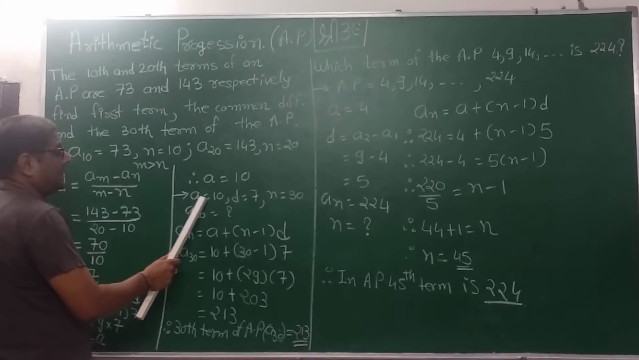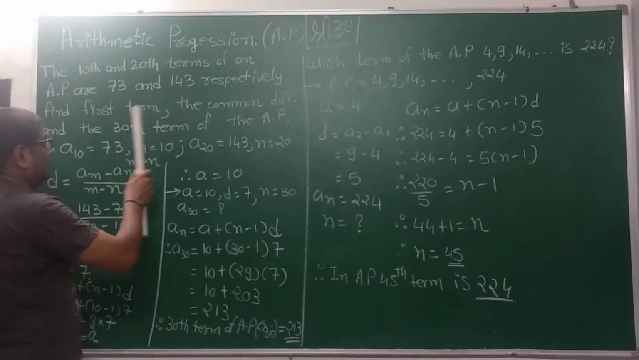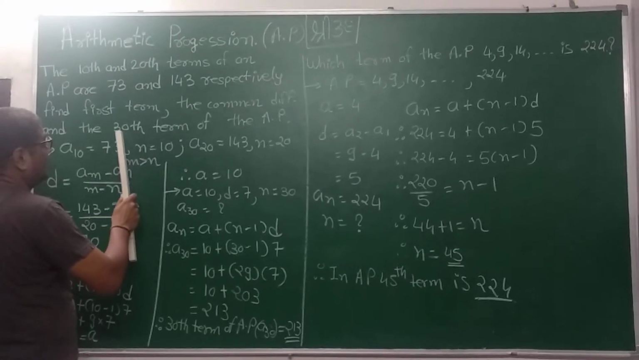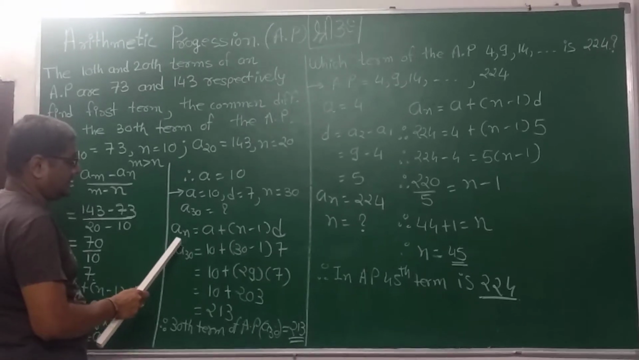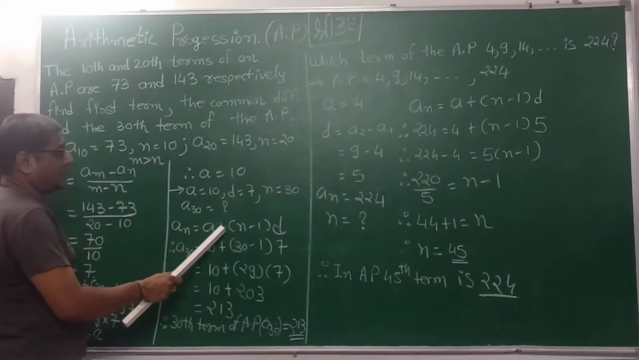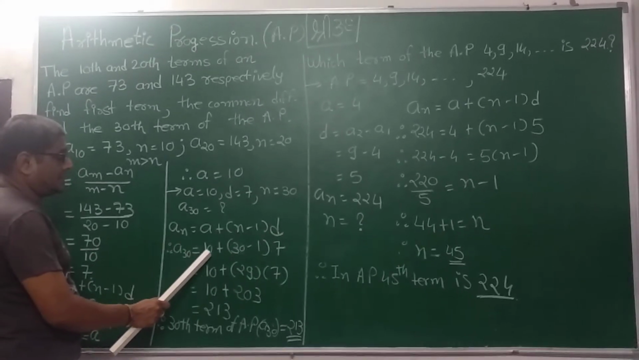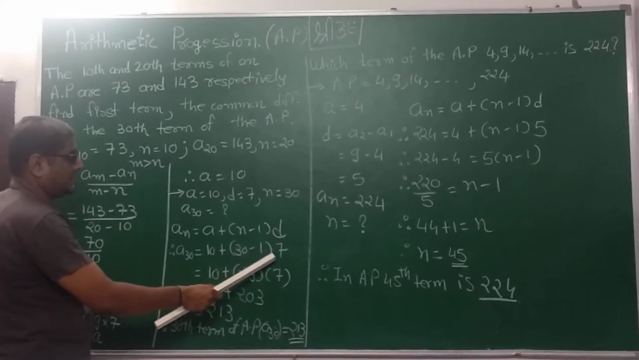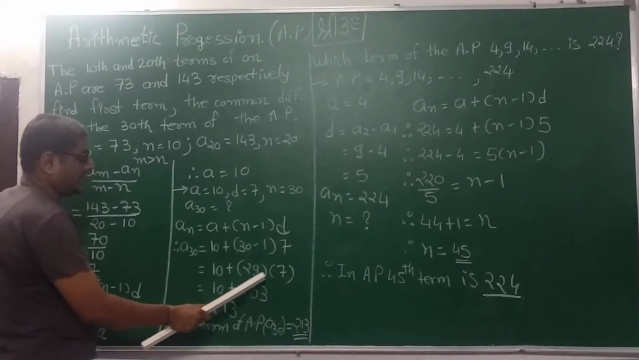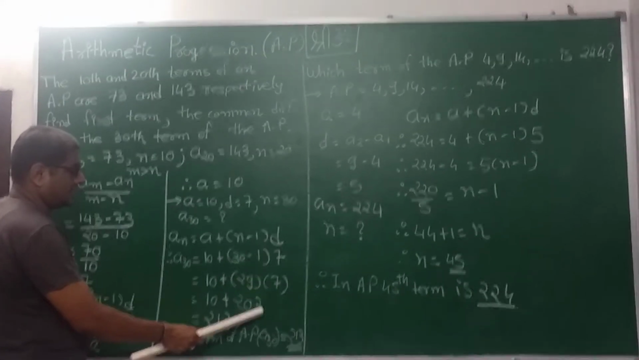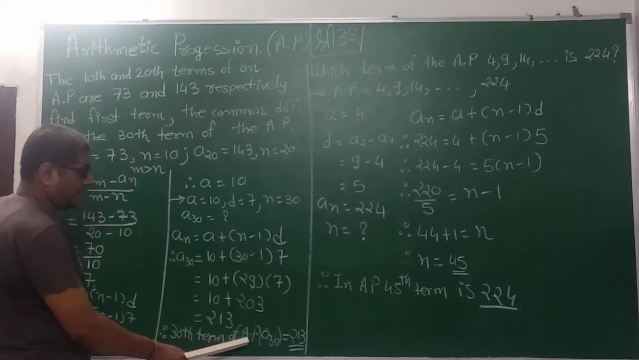Now a is equal to 10, d is equal to 7, and we have to find out the 30th term. So n is equal to 30. So again application of linear equation. So an is equal to a plus n minus 1 into d. That is a30 is equal to 10 plus 30 minus 1 into 7 is equal to 10 plus 29 into 7. 29 into 7 is 203, plus 10, that is 213. So the 30th term of the AP is